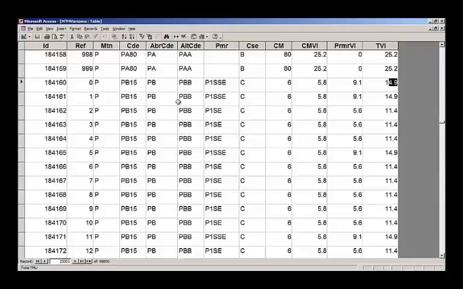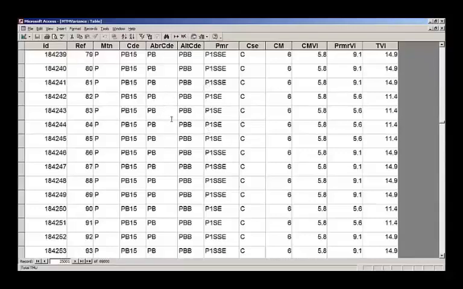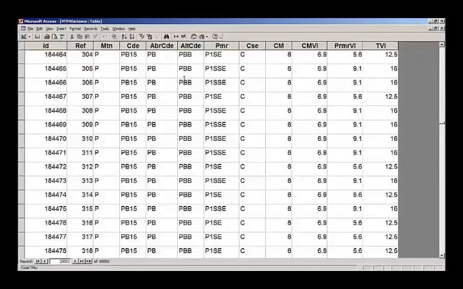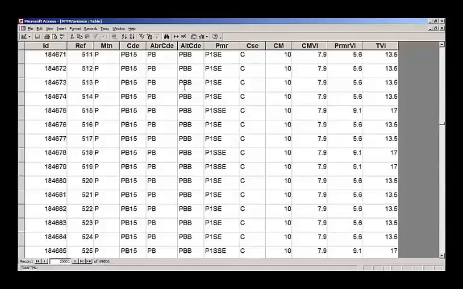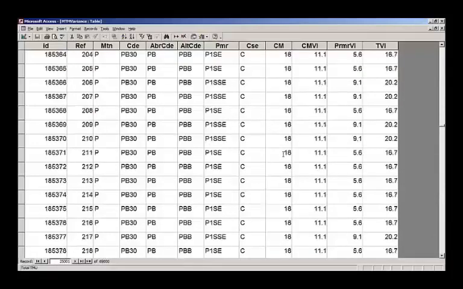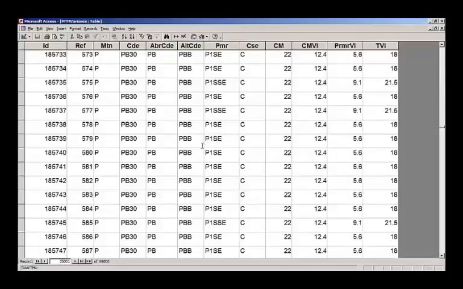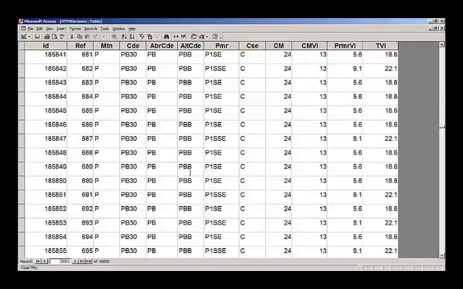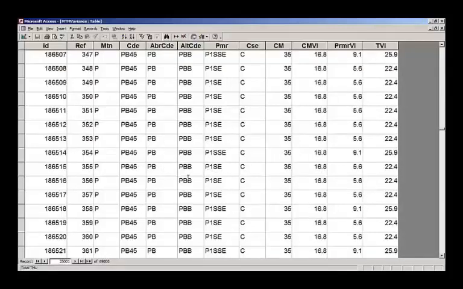And as we go through all of the values, you'll have either P1SE or P1SSE for each of the parameters, right the way up to 999. But you'll see as we go through this, the centimetre column is increasing all the way up to 80, and when we get to 80, that will be the maximum value, depending on whether it's a P1SE or a P1SSE. So let's move on and look at using this data for creating the digital value for MTM-2.